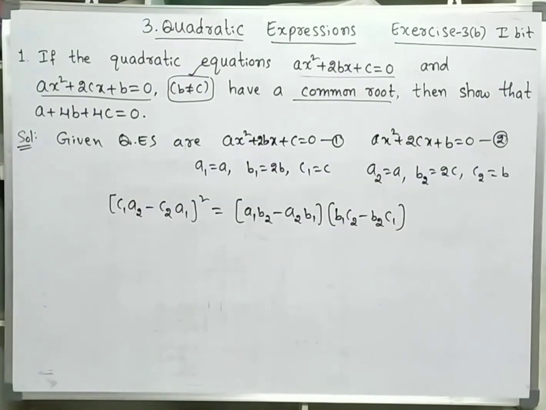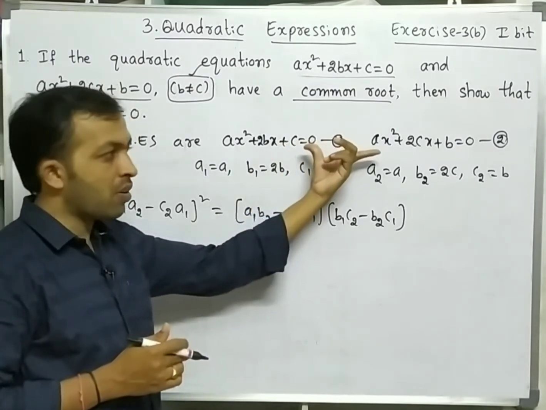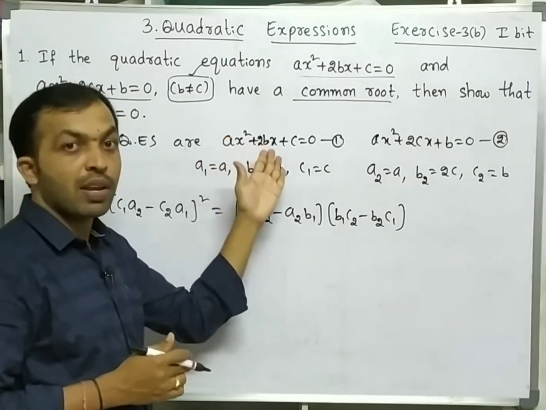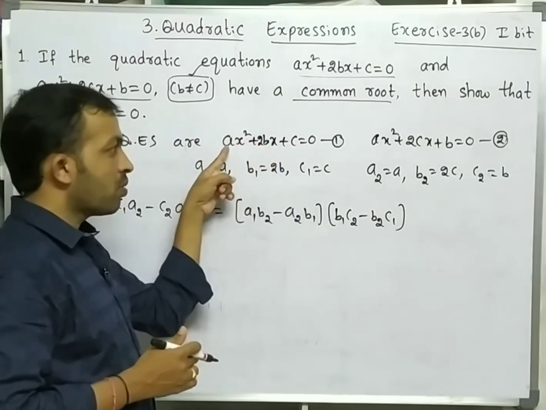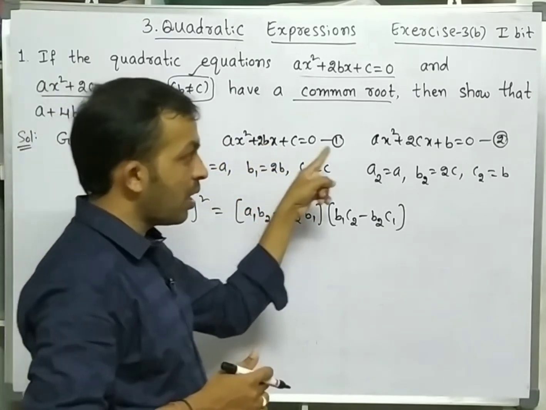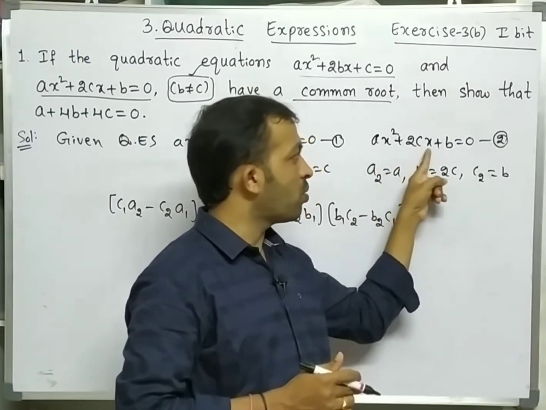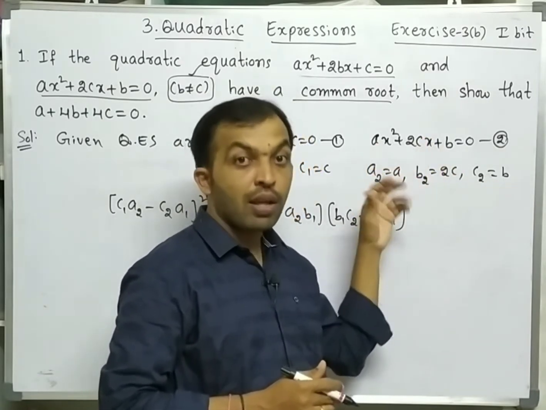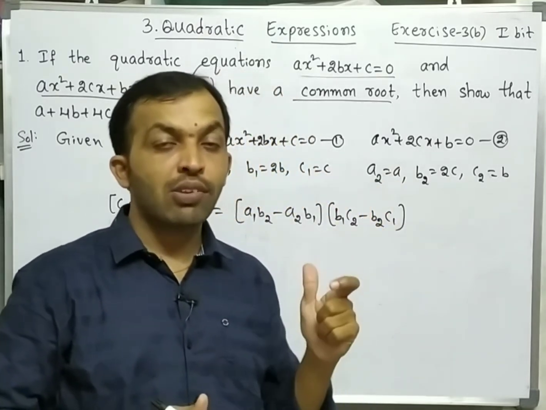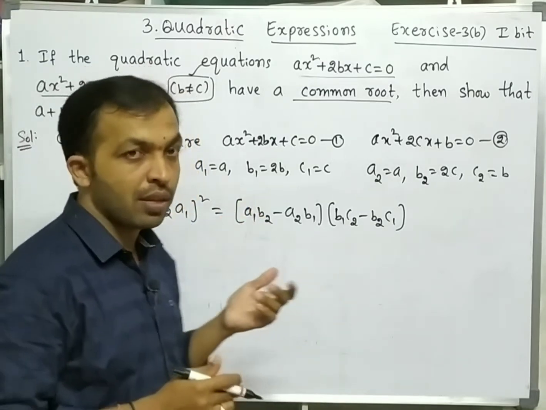This is the second method. In this method also we can solve. So these two are quadratic equations, and this is of the form a1x square plus b1x plus c1 equal to 0. Then a1 is equal to a, b1 is equal to 2b, and c1 is equal to c. So in the second quadratic equation, a2 is equal to a, b2 is equal to 2c, and c2 is equal to b. So if two quadratic equations have a common root, then the condition, which I already explained in the previous session,